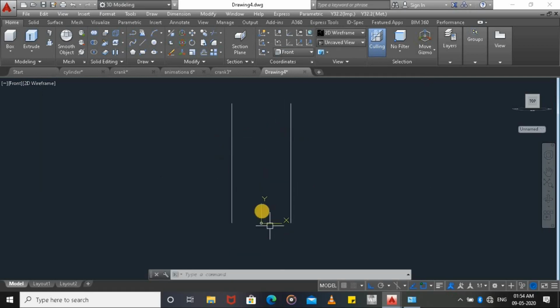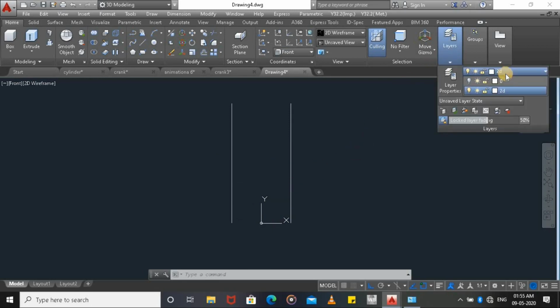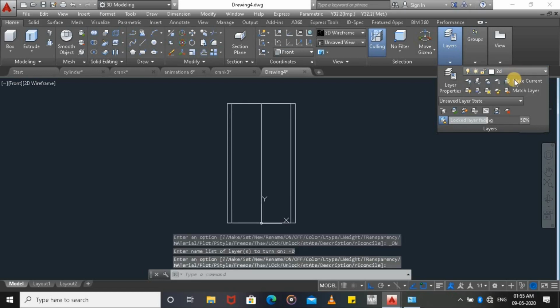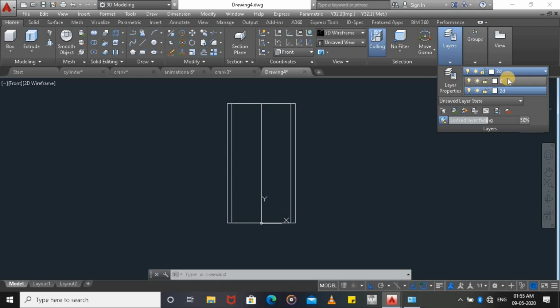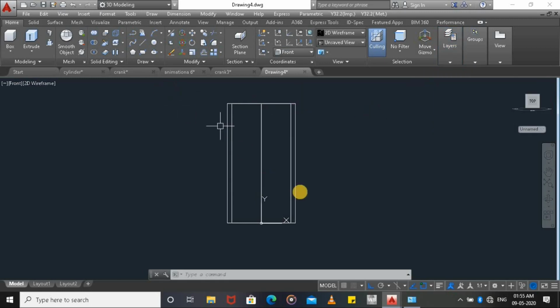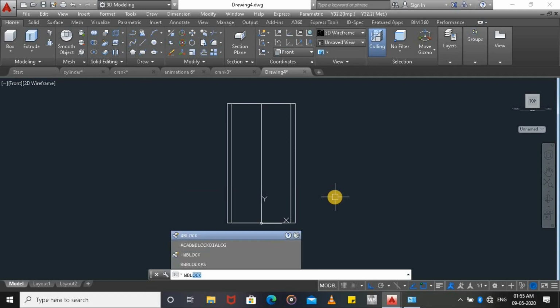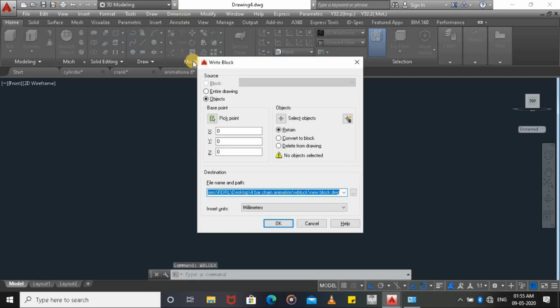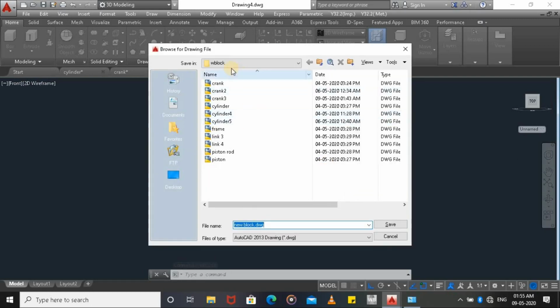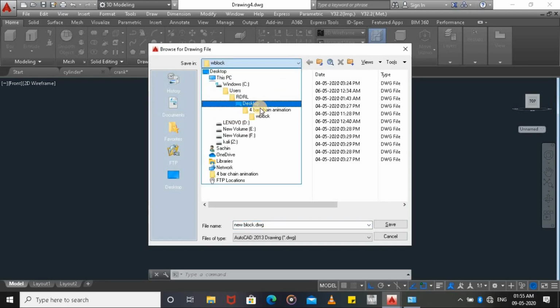Now these lines and circle are drawn in the 2D layer. Okay, so turning on this main layer, then enabling this default layer 0, and then saving W block. Entire drawing, then again in W block, so that W block is in desktop, 4-bar chain mechanism W block.